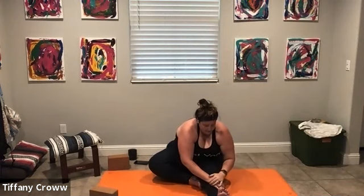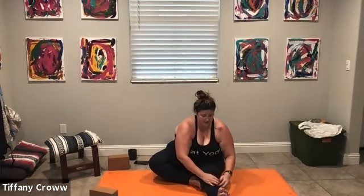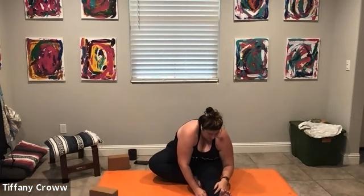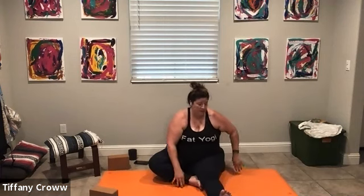And then extend our left leg out. Right leg comes in. Finding seated tree on the other side. Find that little semi-twist over to the left. And then come back to center. Inhale, both arms come up. Exhale, we reach. Finding this forward fold over here on this side. Take a deep inhale, lift the chest. Exhale, we fold. Just take some deep breaths here. And then on that next exhale, we come all the way back up and then bring both feet in and